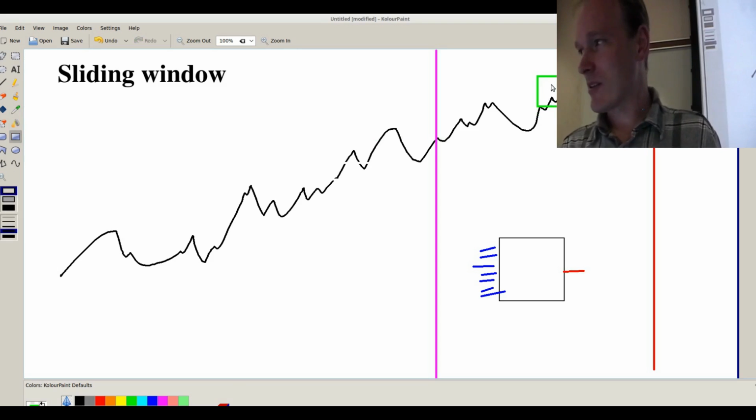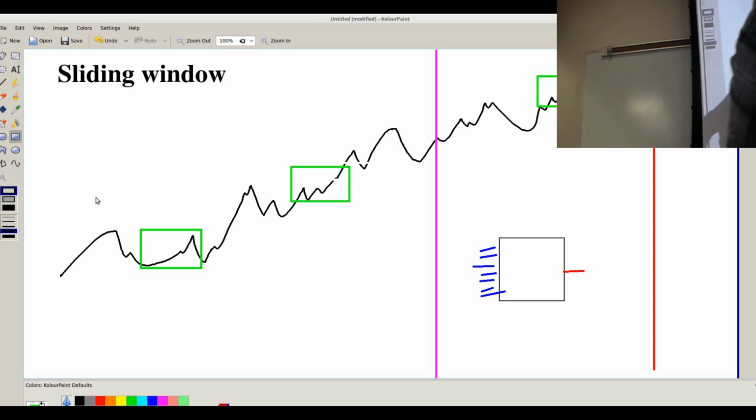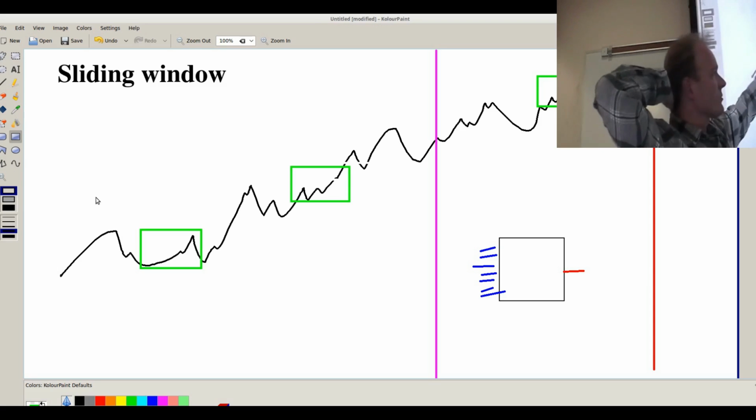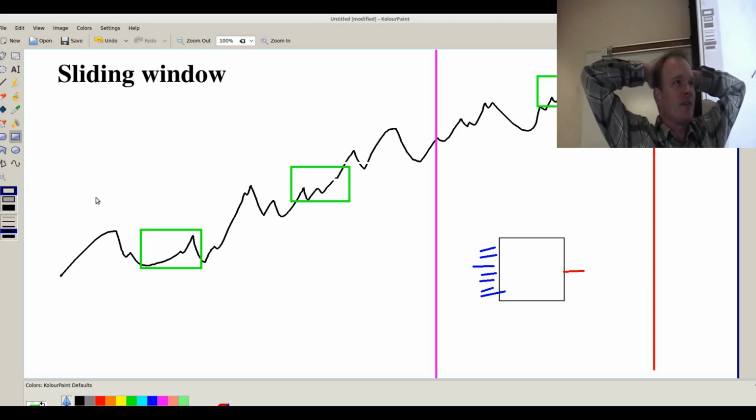Even though patterns inside this window are not unlike patterns you might see inside this window or that window. So similar patterns might occur through time, but because the stock market is continuously increasing, the features of the recent past aren't really useful for predicting the near future.